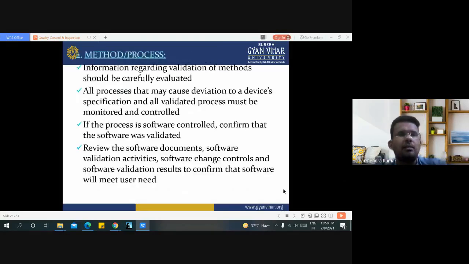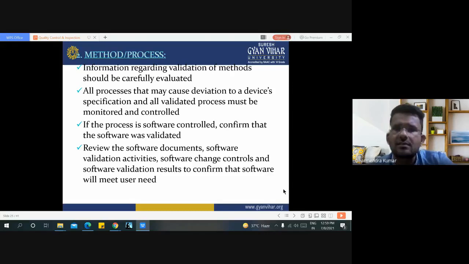Here is the method or process which we are using to complete our product. Information regarding validation of method should be carefully evaluated. Here, what is needed at the time of applying a method or a process?